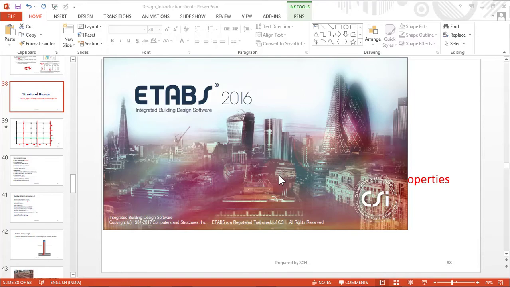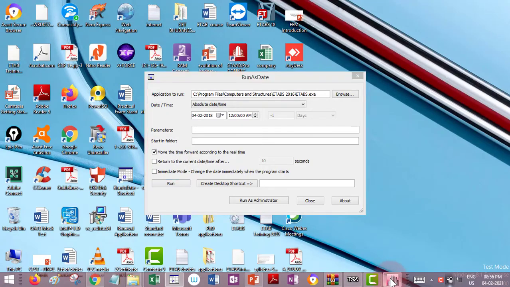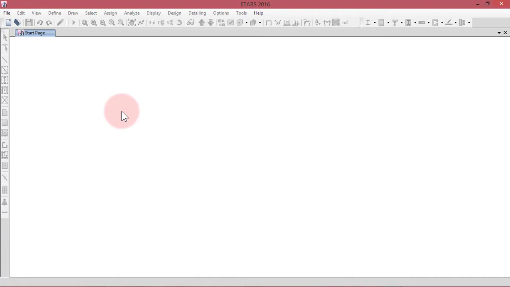I am using ETABS 2016 for modeling, but when we are doing the analysis of structures, I'll be using ETABS 2018, because 2016 and the IS codes are not updated. So we will be using the latest code. That is why we will be performing our analysis in ETABS 2018. If you have two versions of ETABS, 2016 and 2018, and you do the modeling in ETABS 2016, you can open that model in the higher version easily.